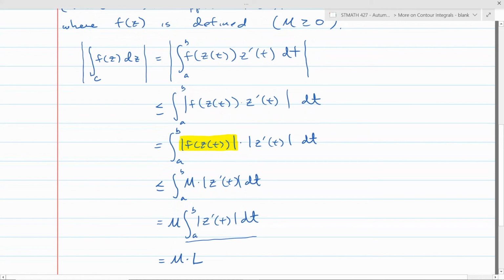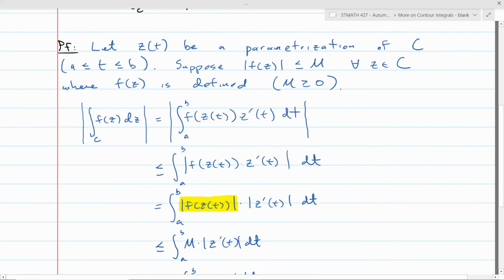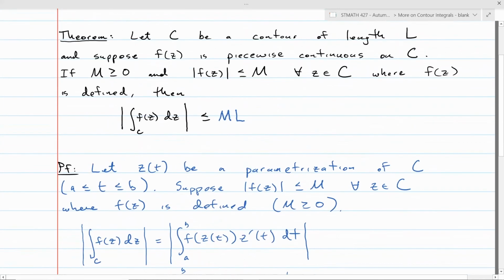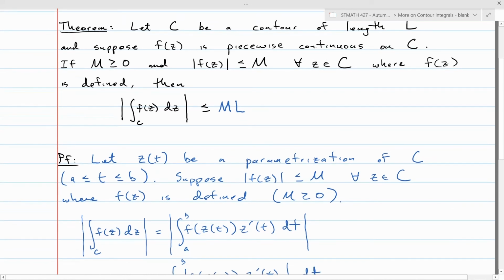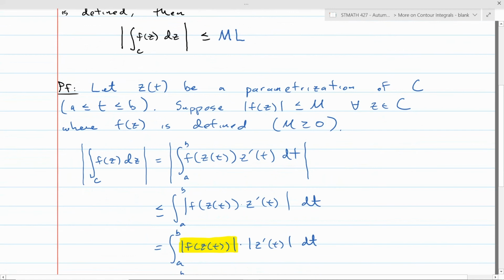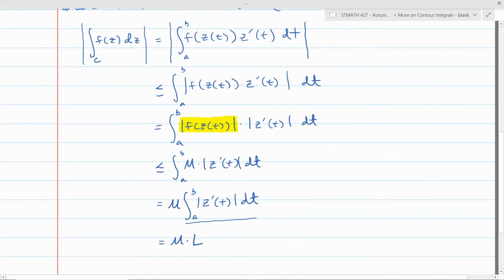Now there is one little caveat here, because in the statement of the theorem, we were supposing the function f of z was piecewise continuous on this curve, and that we were allowing for some finite number of places where the function is undefined on that curve. But all that just means is that you'd have to break up this integral into a finite number of integrals, and the problems would be at the endpoints, and you could easily